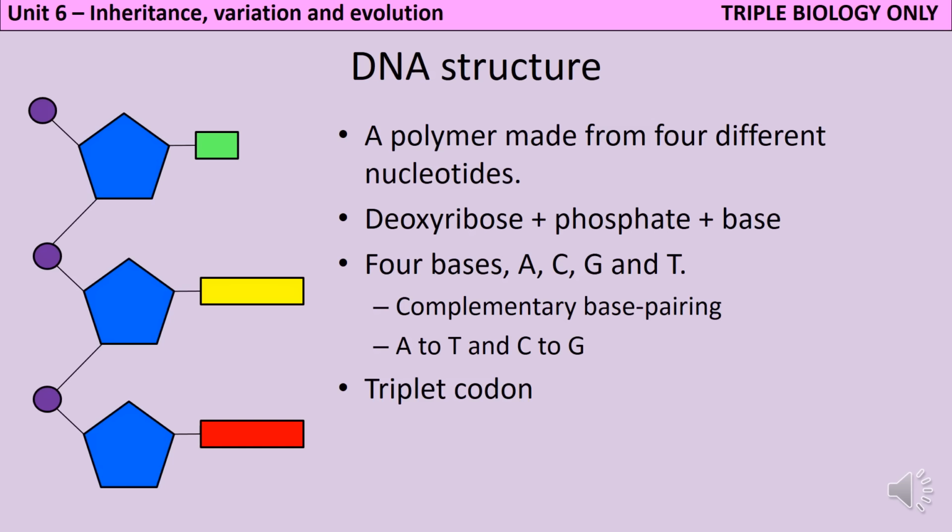DNA is a polymer, a very long chain of repeating units called monomers, and the monomer that DNA is made out of is called a nucleotide, and it has 3 parts. Firstly, we have a pentose sugar, which just means a sugar with 5 carbon atoms in it, called deoxyribose. Attached to each deoxyribose molecule are 2 things, a phosphate group and a base. The phosphate group and the sugar together make a sugar-phosphate backbone, and that's what forms the sides of the ladder